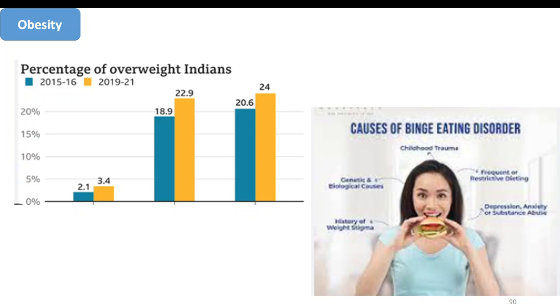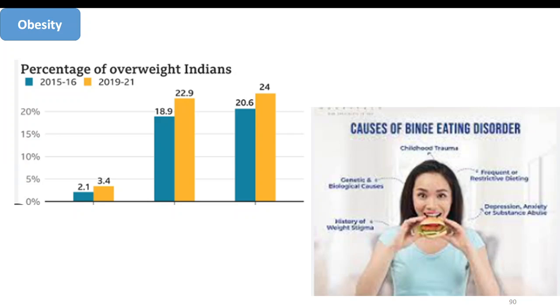The rise in obesity levels is on the rise, right? It was 20% of Indians in 2015, and now you see 24% of Indians are